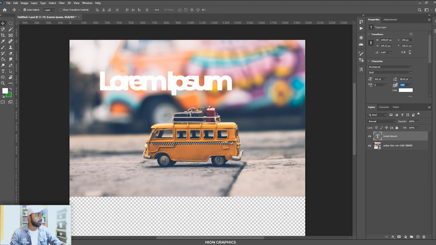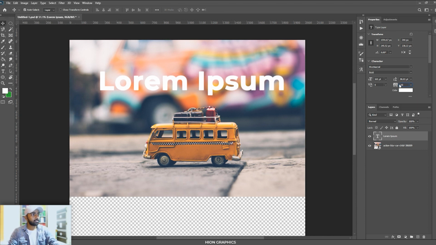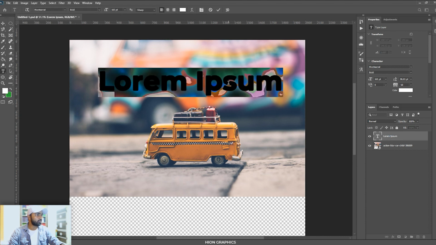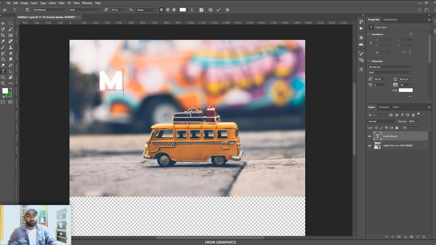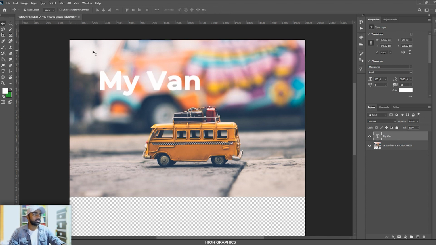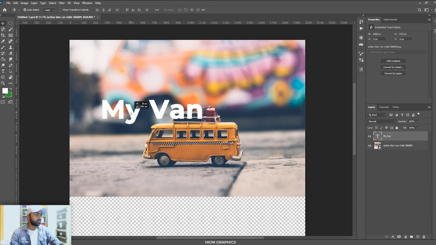Now how this looks is very important. Okay, so if I go to -10, just see this, it creates some impact on it. Okay, the look of the font is very important. And then I will just go here and I will type my van. Okay, I just showed it like this, you see this.